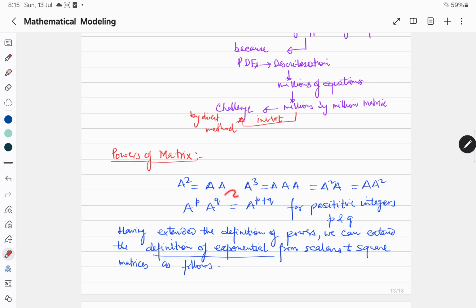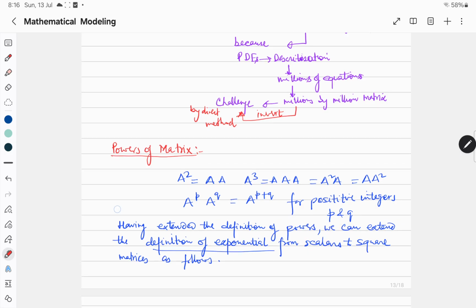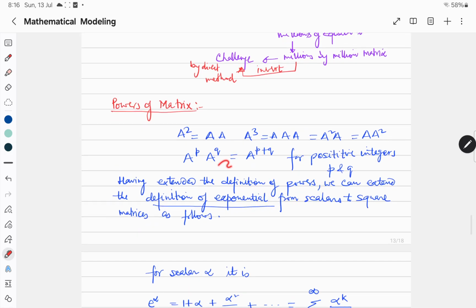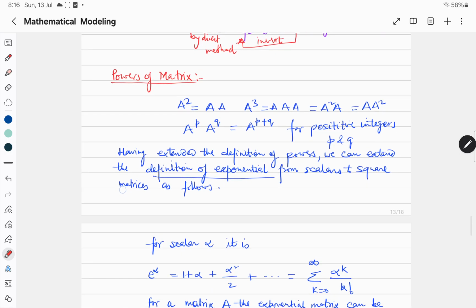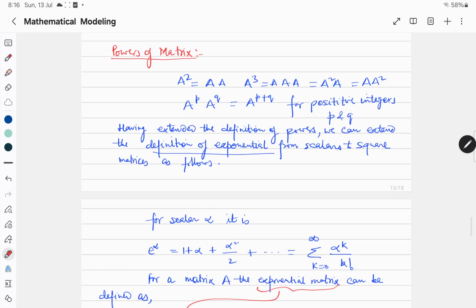A square is equal to A multiplied by A. A cube is A multiplied by A multiplied by A, that is A square A. The power law also follows like scalars: A to the power P times A to the power Q is equal to A to the power P plus Q, for positive integers P, Q. So having extended the definition of powers, we can extend this definition to the exponential from scalars to square matrices